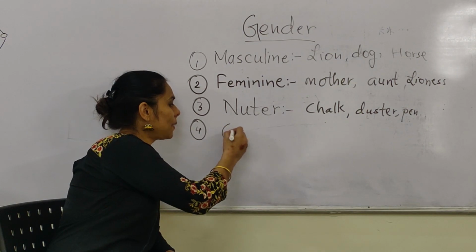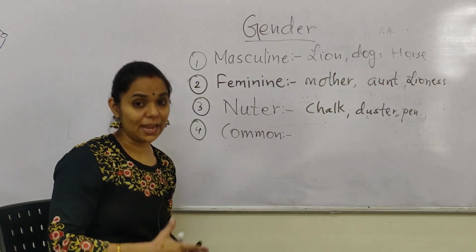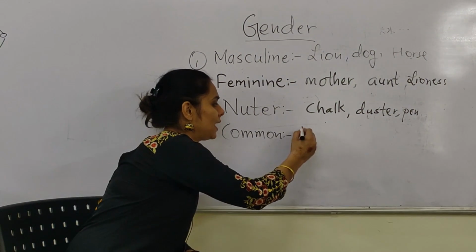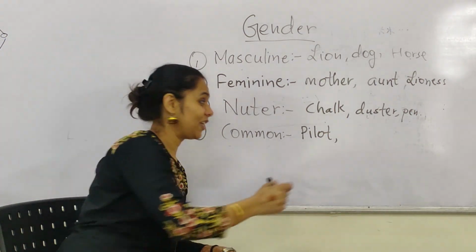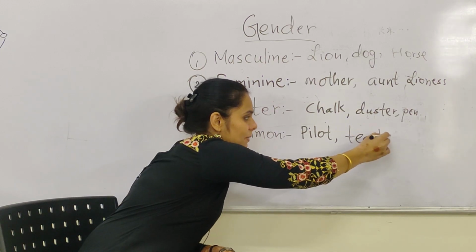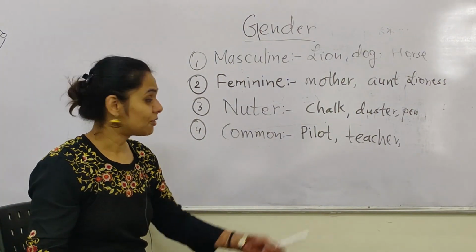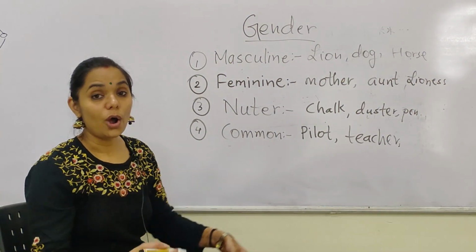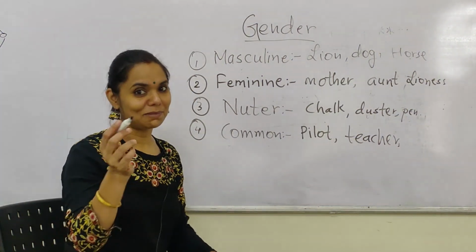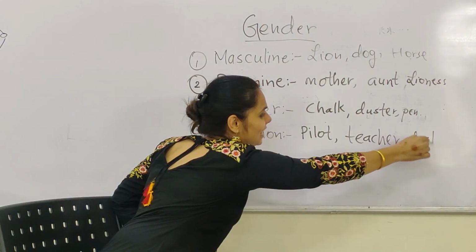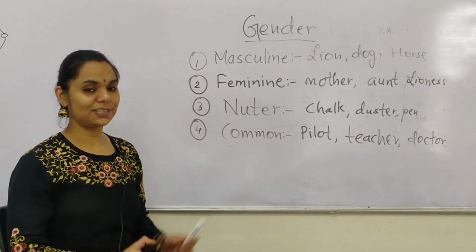Just look at this. So common gender, all the professions of the world can be common gender. A pilot, it can be a man, it can be a woman. So a pilot is common gender. When we are talking about a teacher, it is a common gender word, because it can be a female or male. When I am talking about a photographer, it can be either feminine or masculine. If I am talking about a professor, feminine, masculine. Many of you must have thought to become a doctor. A doctor can be a lady as well as a man. I hope it will make things easier for the students.